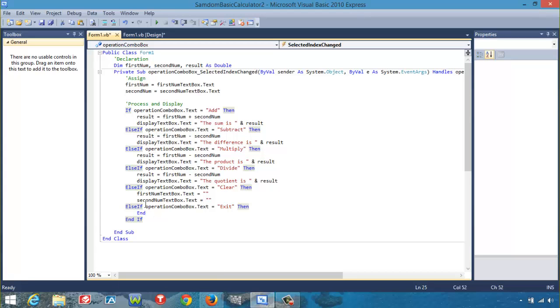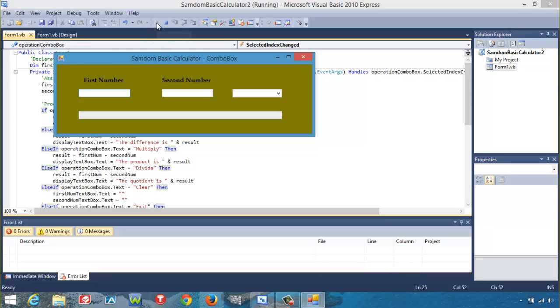So what do we do now? Let's test it and see how it is. We run. Either you run or you press F5. Okay. So let's say we have negative 80 and 20. If we pick add, the sum is negative 60, which is correct. Subtract will give us negative 100. Difference is negative 100, which is correct. Multiply will give us negative 100. So you see,